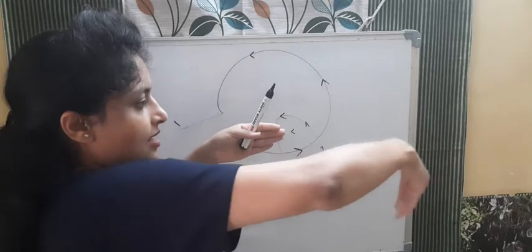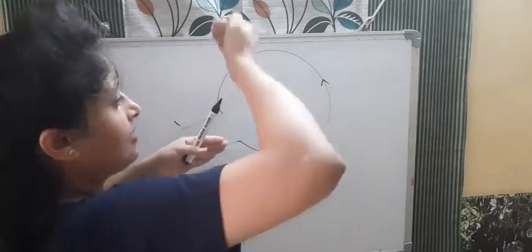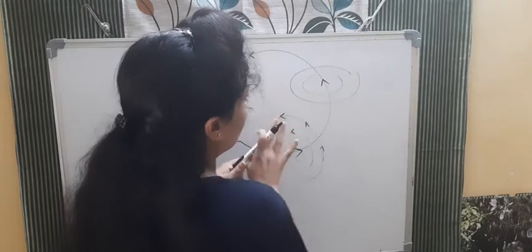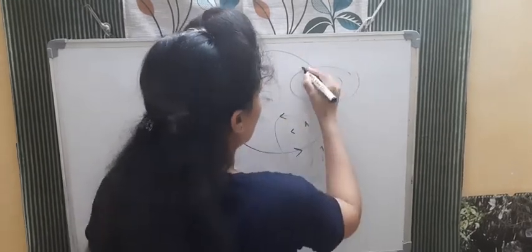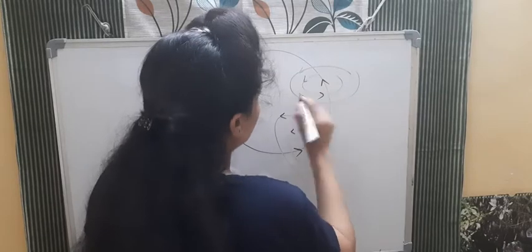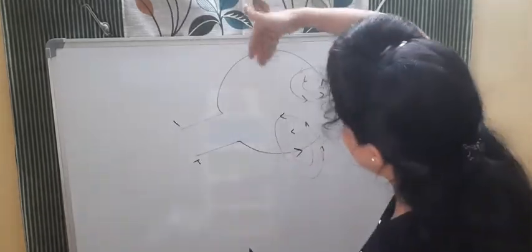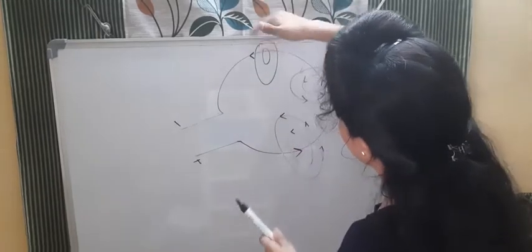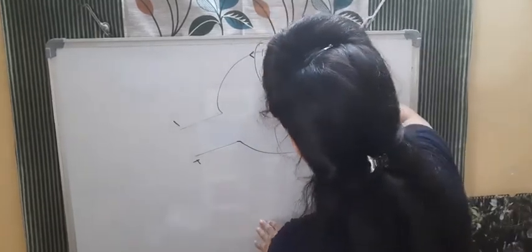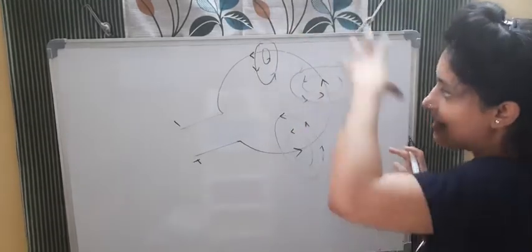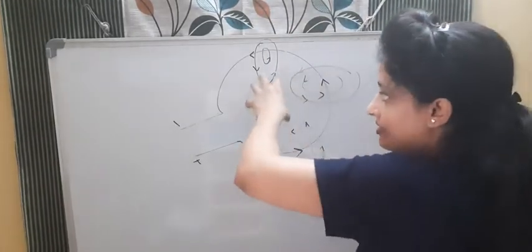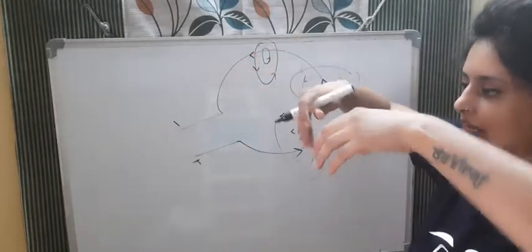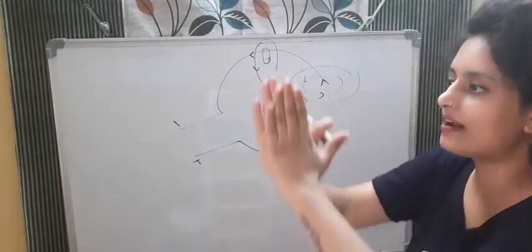So this time again it is anti-clockwise. Again it is coming out. For this particular part, if you see again, it is coming out this side. For this part also, it is coming out. The direction is like this. So finally, when you see now, from the center all the magnetic field lines are coming out. So when the coil is like this, magnetic field lines are like this. They are coming out like this.